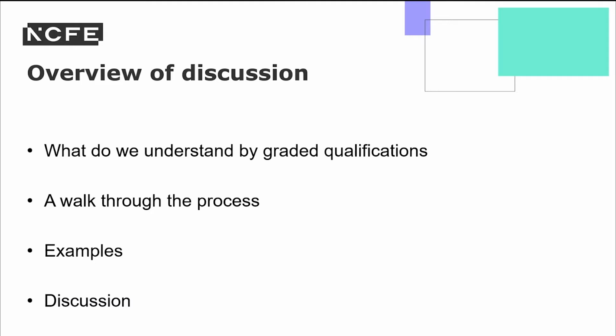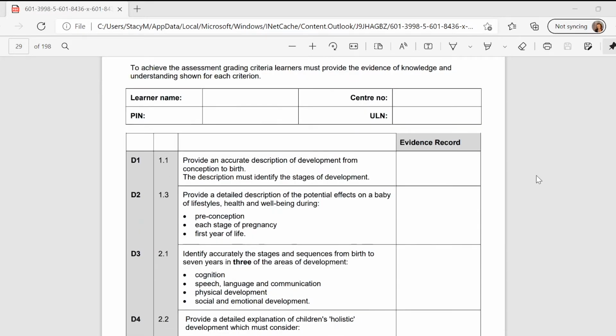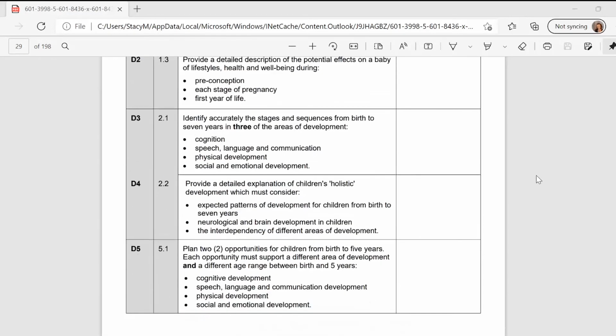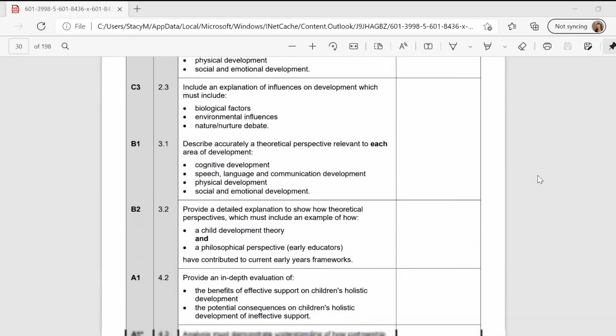And the example that we're going to look at is taken from the NCFE CACHE Level 3 Technical Diploma in Childcare and Education. Okay, so what we can see on the screen here now is an example of an assessment of learning. And this assessment of learning takes us through the grade boundaries. So we can see for Unit 1 that we've got grade boundaries that are capturing the D criteria. And as we move down, we can see that we have grading criteria for C, for B, and for A